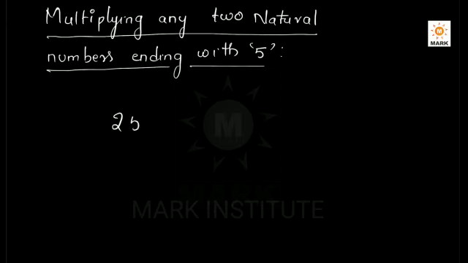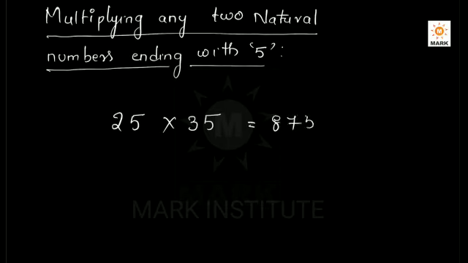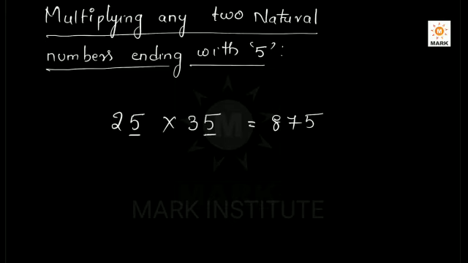My dear friends, suppose I am starting with the small numbers. Suppose you have to multiply 25 and 35. When I am checking in the calculator, I get 25 into 35 is 875. Now how to get it with our technique? There are some mind calculations, some psychological calculations that you have to do inside your brain. Whenever you see these two numbers, the common feature is their unit digit is 5 in both the numbers.